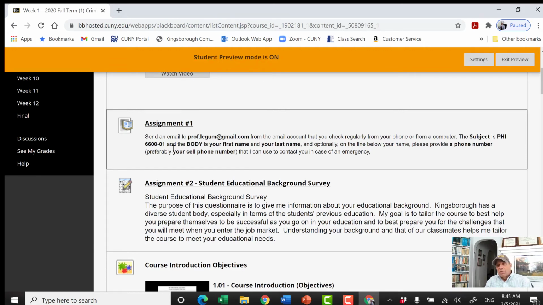I want to know what your first name and your last name is. I'm actually asking you now to identify what they like to call your pronouns. We now have a law in the city of New York that everybody has to refer to other people in the pronouns that they want, regardless of their biological sex. Well, it actually helps me to understand who I'm talking to, so that when I write an email directly to you, I can address you as a person. So it's usually he, she, or they, however you want to be identified.